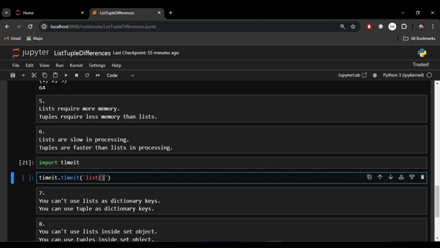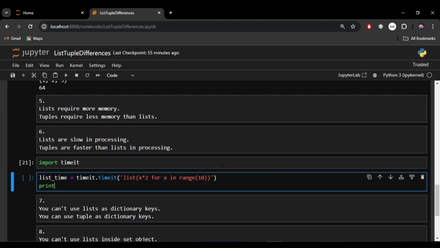So I am passing here a list expression, for x in range 10, and I will get the execution time in one variable, list time, and we will print this list time,